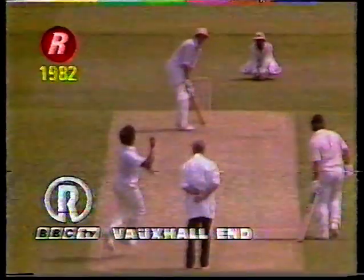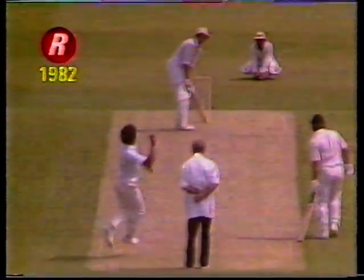Quite rightly, the crowd is standing up and applauding him all the way back to the pavilion. And that's England now into a very strong position. 7 wickets in hand and